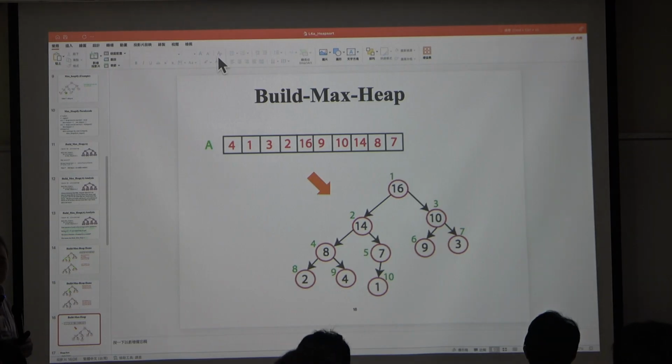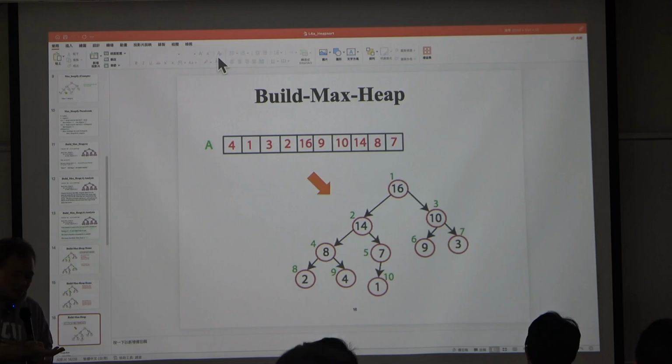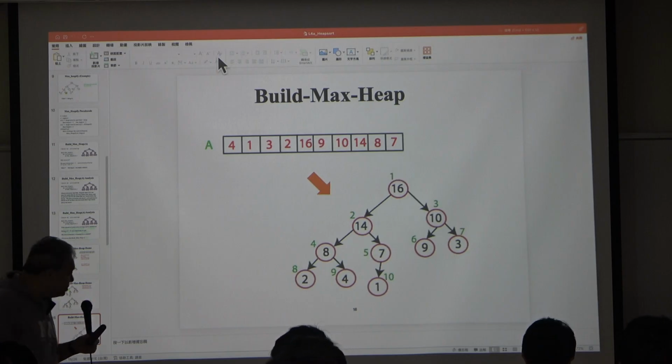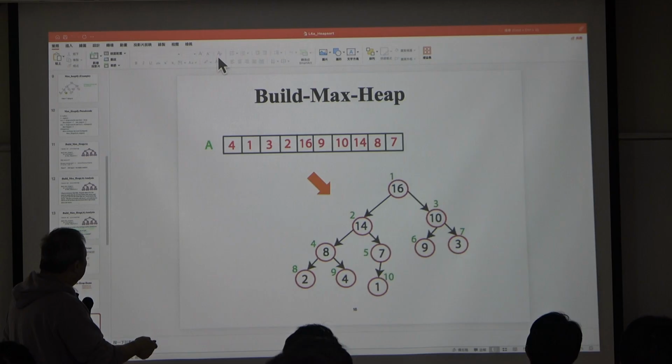So we just swap that largest element to its rightful place. Where is its rightful place? It's the last one, right? Because we are doing this sorting. Eventually, we want to sort these numbers in ascending order. So the largest element should appear at the end. So what happens is that,